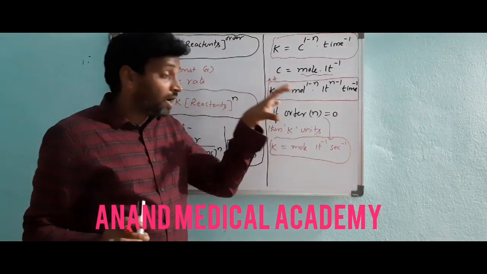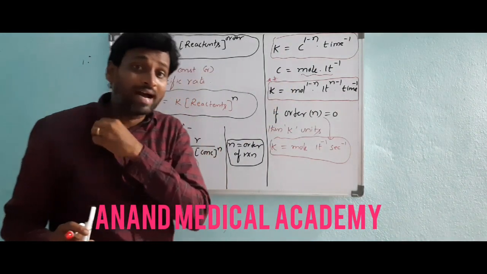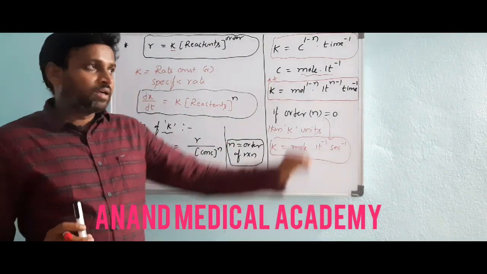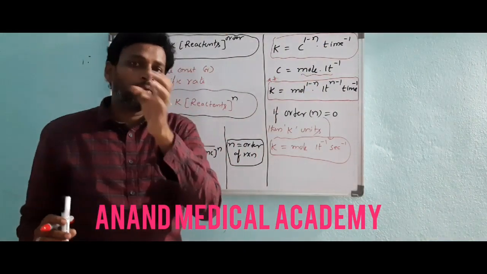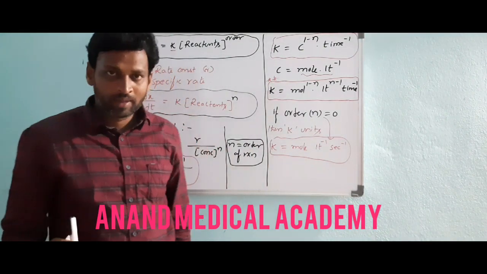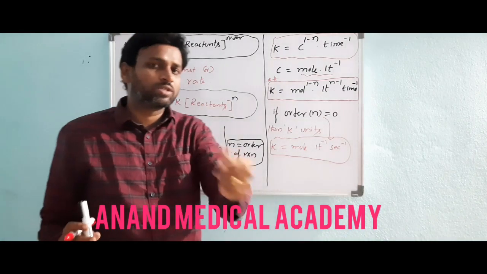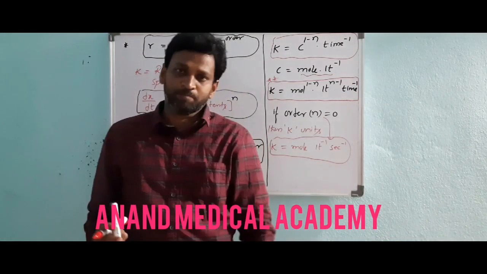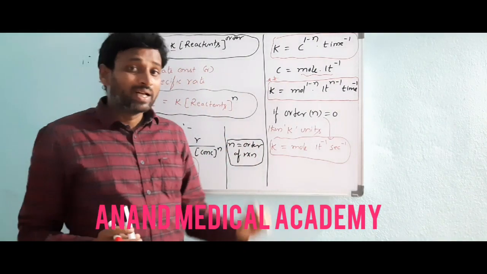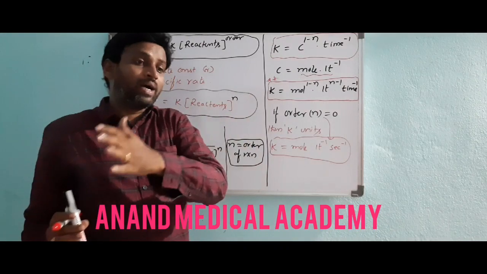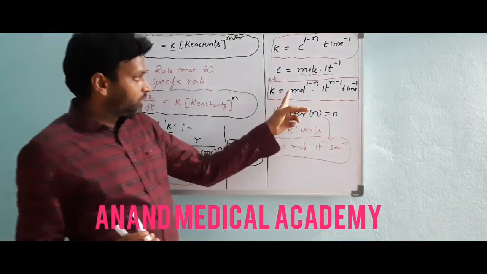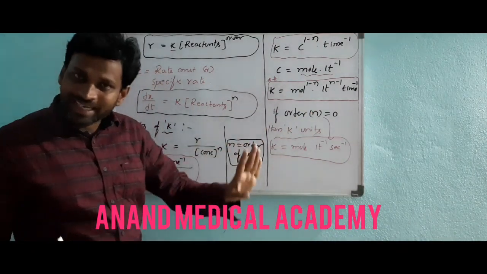Sometimes by observing the units itself, you have to say what is the order of reaction. That's the information they will provide. It has a rate constant 1.6 into 10 power minus 3 second inverse. So K units given as second inverse means the order of reaction is 1. That you have to remember in your mind. Okay. From the units, sometimes you have to come to know the order of reaction. So if you remember the general units, enough.